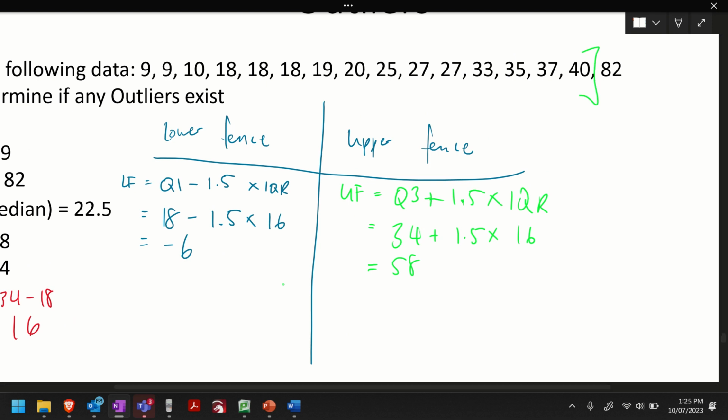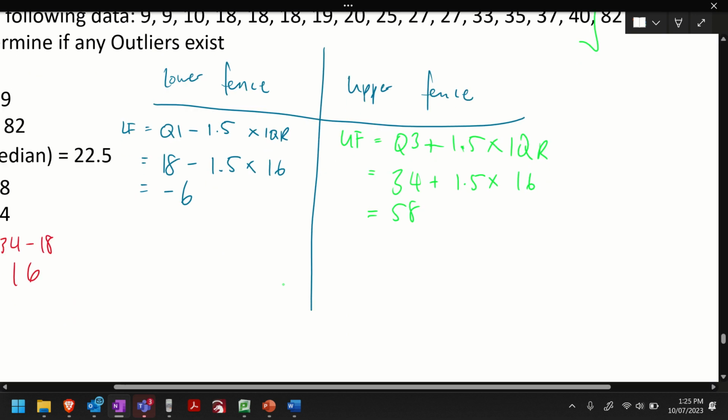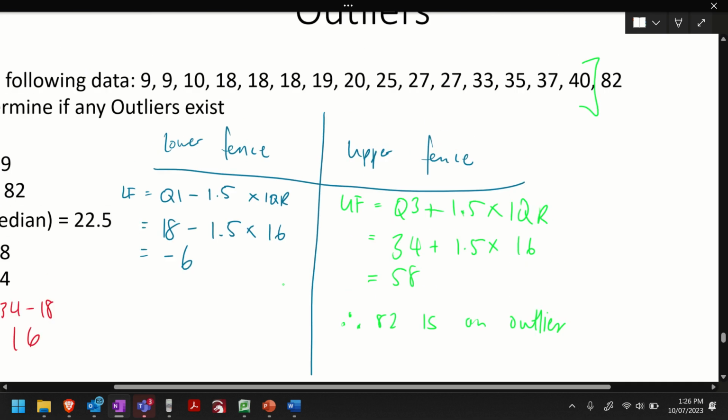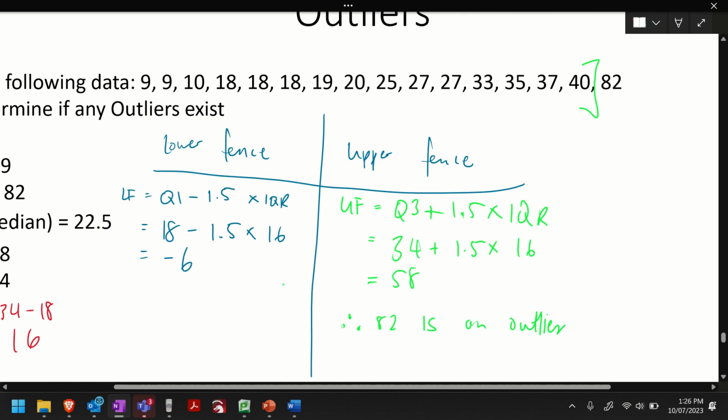Now, are there any numbers higher than the upper fence? So this is what you write: therefore, 82 is an outlier. I know it's silly, but that's what they want in year 11 and year 12. You have to state what's an outlier, and the why is when you calculate the fence. So you've got to show them that you can do the fences. This is what we do in year 11 and year 12. No, do it like this. Yep, don't be lazy. Do it like this, please. You have to write and tell me what is an outlier and why.